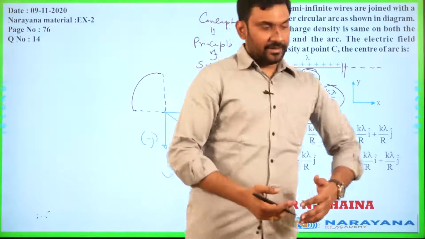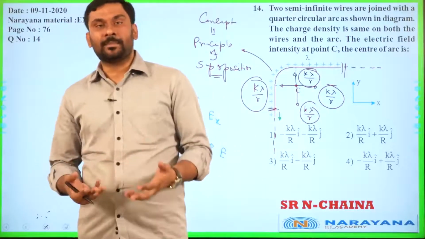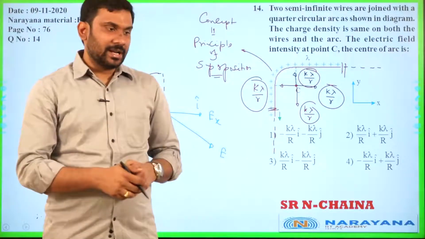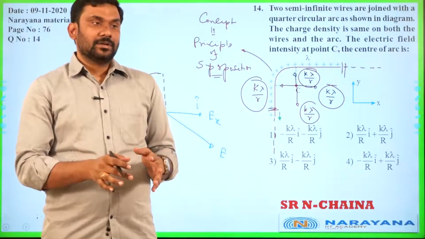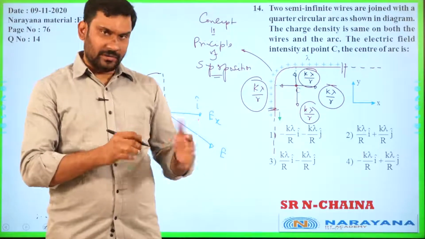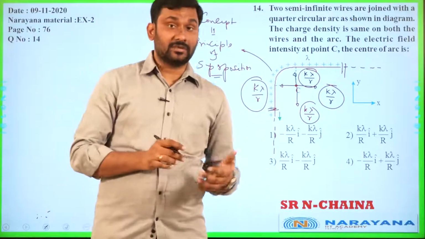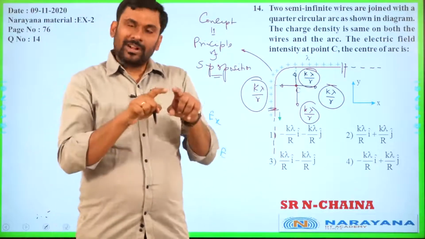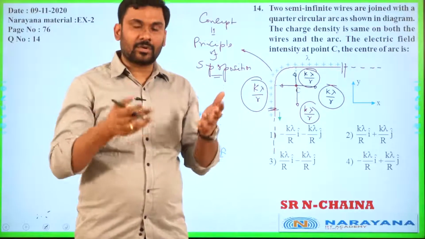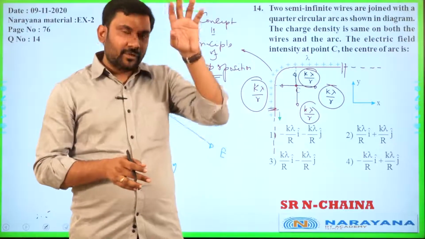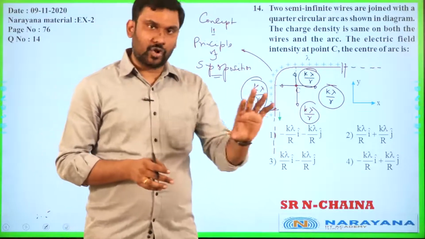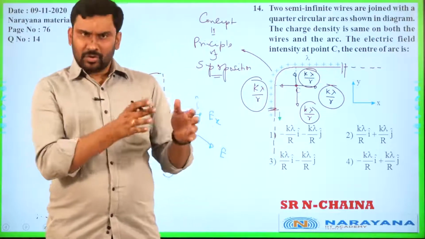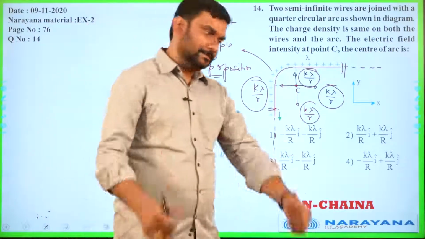See, the point is that whenever you are going to solve numericals, do not unnecessarily complicate your situation. Keep things very simple. The way I used to tell all my students is that whenever you are facing a question, if you are getting stuck frequently, you first note down what are the values given. And then you note down what is the value that they are asking in the question. What is the correlation between these two things? If you think on the correlation, you will get the formulas. But if you just read the question as a whole and try to solve at a glance, you may forget the formulas or things may not come to your mind. So, follow this systematic procedure, okay, right?